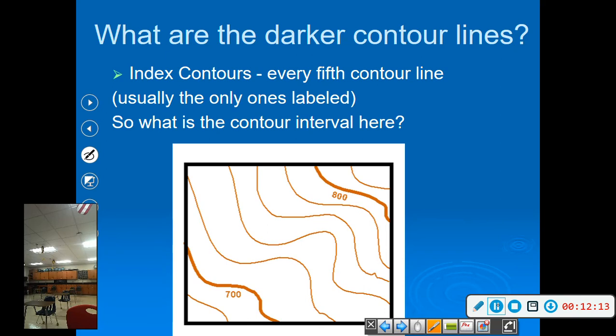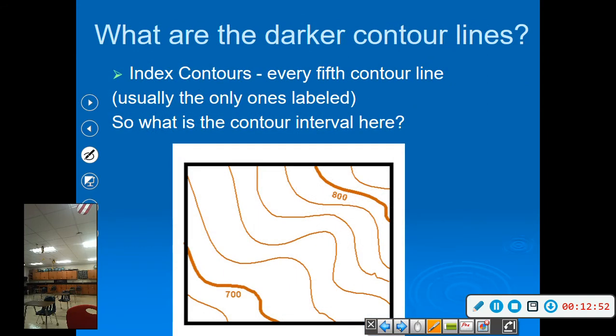Okay, the last rule I want to talk about is index contours. Index contours are the darker contour lines on a map. Usually on a map like ones we saw initially with Mount St. Helens and all that, those maps have a lot of lines on them. So the convention is the darker lines are labeled, the lighter lines are not. So every fifth contour line, there are the ones that are labeled, and you can figure out the contour interval from a simple rule. Take your two index contours,